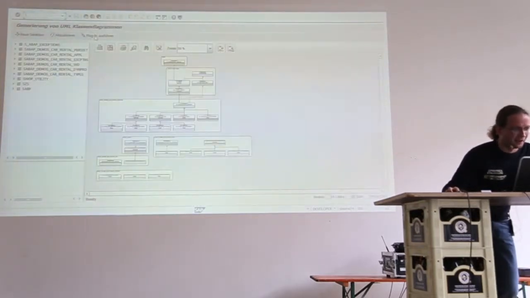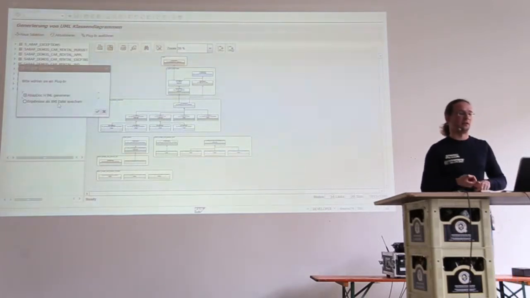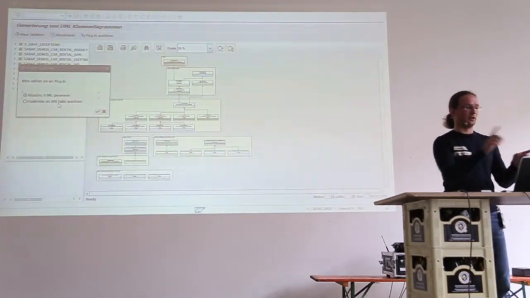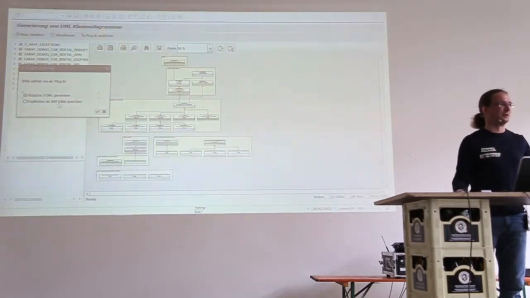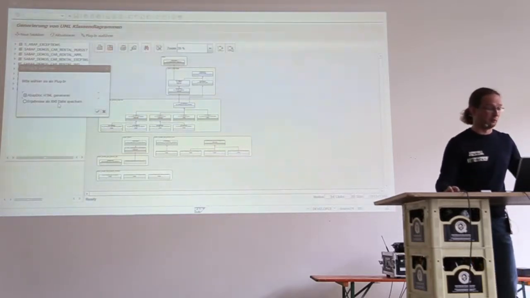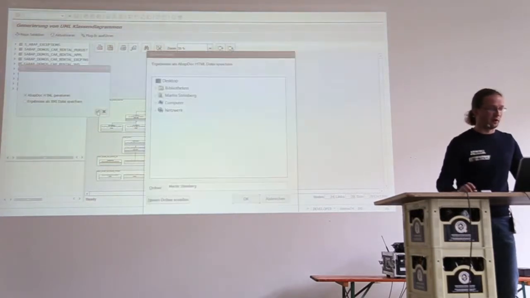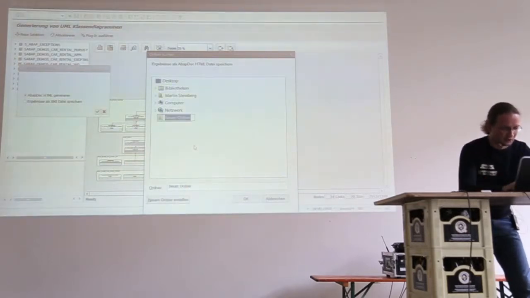And you can execute a plugin, and as you can see, you can save it as XML file, and this XML is an XML standard for interchange for model-driven development, and you can interchange UML diagrams between different UML and development environments. And you can also generate ABAP Doc HTML, and we have to create a new